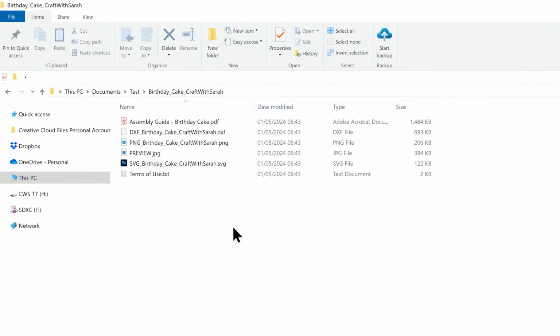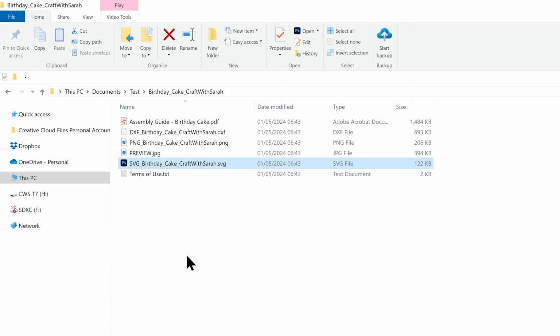My cut files come in several different versions for different types of cutting machine. If you're using a Cricut, the one that you'll need is the one which starts SVG in the file name, and that will either be capital SVG with an underscore next to it or lowercase svg with a dash next to it, or a hyphen. But as long as you choose for my files the one which starts SVG in the file name, that's the correct one to use for Cricut.